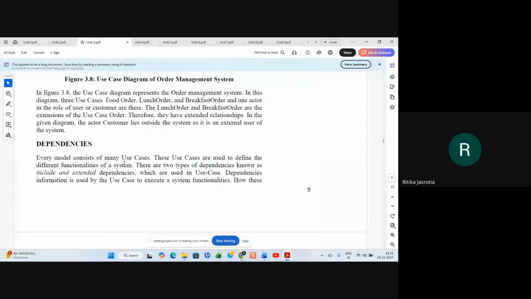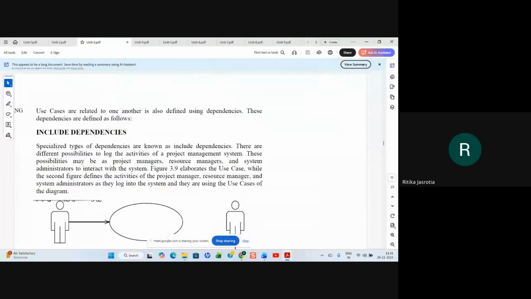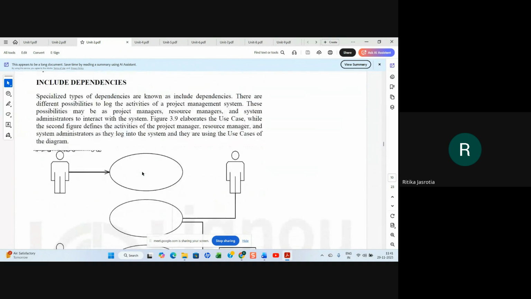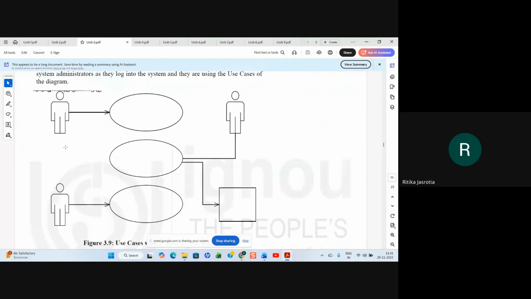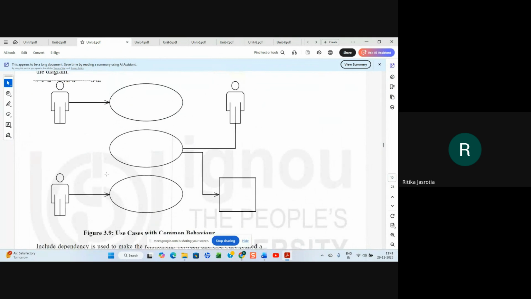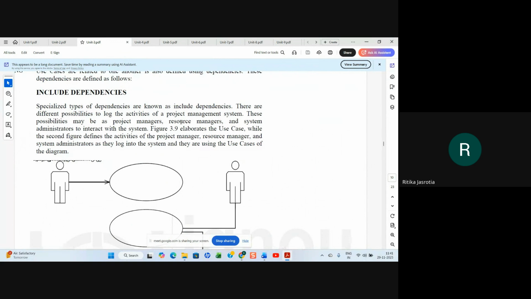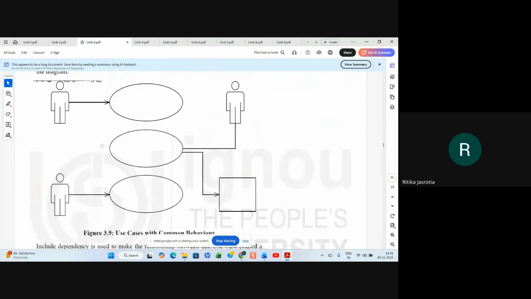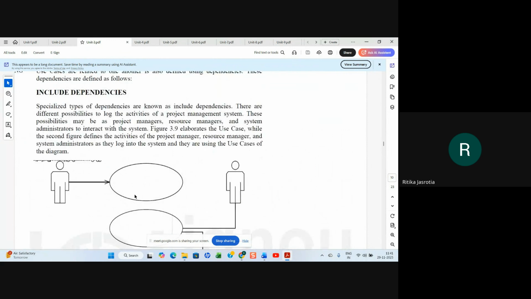So they have given you the dependencies also, the include dependencies. Specialized types of dependencies are known as include dependencies. There are different possibilities to log the activities of a project management system. These possibilities may be project managers, resource managers, and system administrators interacting with the system, right? The second figure defines the activities of the project manager, resource manager, and system analyst as they log into the system using the use case diagram. So here they are showing you three actors: project manager, resource manager, and system administrator. These are the three actors. And what all use cases they will be talking about,